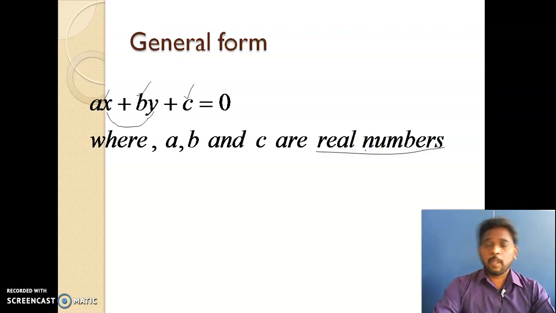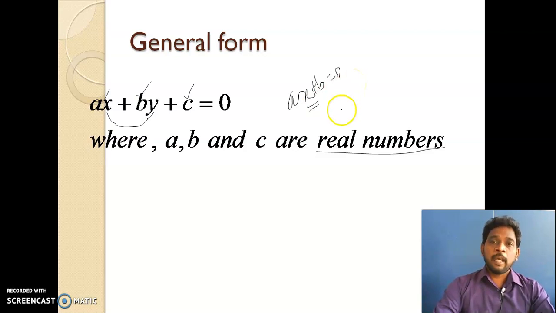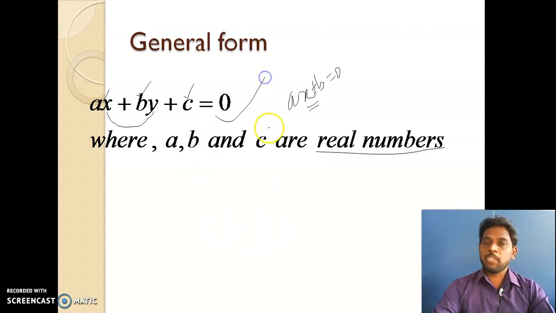in our lower sections, you have seen the general form of a linear equation as ax plus b equal to 0. This is the general form of a linear equation with one variable. Here either x or y, only one variable will come. You have solved this kind of equations in your lower sections, right? Similarly, here you are going to learn about this kind of equations, what the coefficients are, how we can solve them, and how many solutions they have. These are the contents of this lesson.